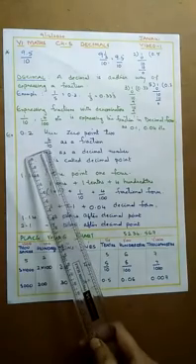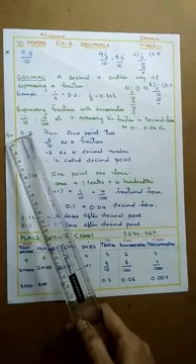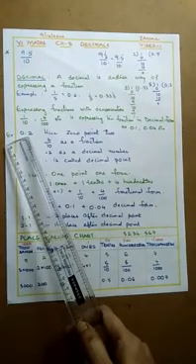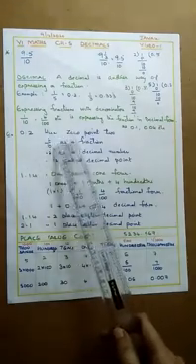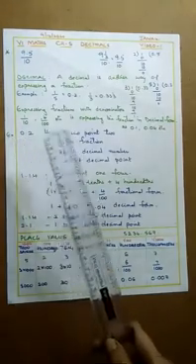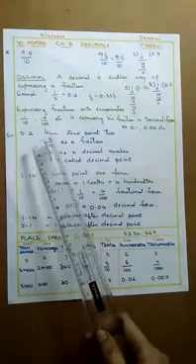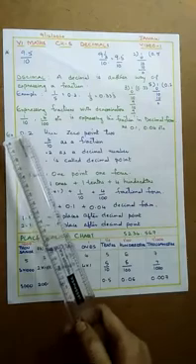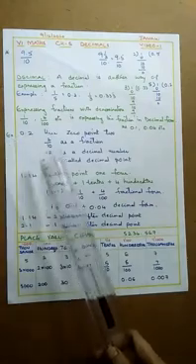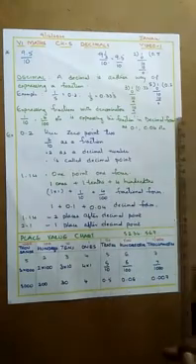How did you get this 10? Because after the decimal you have only one place value, and this one place value can be written as 1 by 10. Suppose you have 0.25, then you will write it as 25 by 100. So here 2 by 10 we have expressed as a fraction, and when you write it as 0.2, we have expressed it in the form of a decimal number.